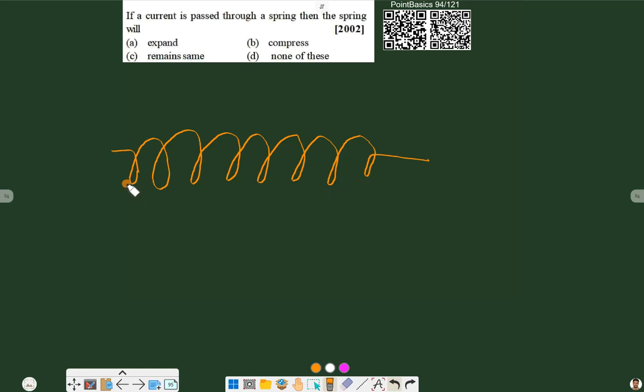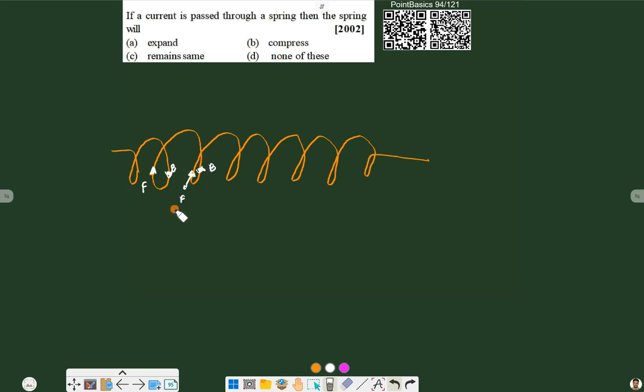and this part is on the front side of the screen, and this is on the back side. So let me write, this is the front side, this is the back side, this one is the front side, and this one is the back side. So suppose this is the direction of the current. It is coming from the back side, going to the front, then going to the back, and then coming